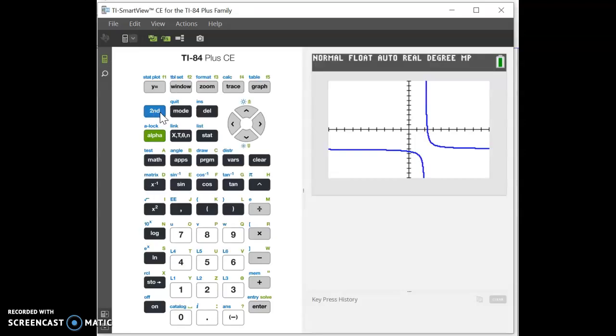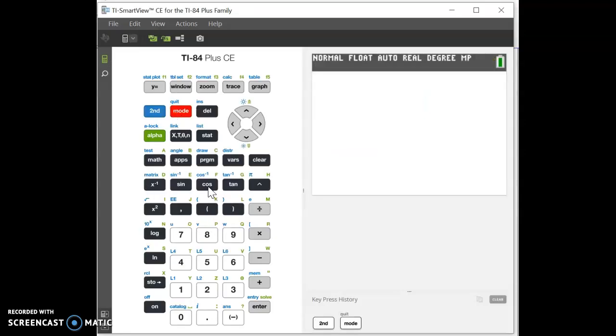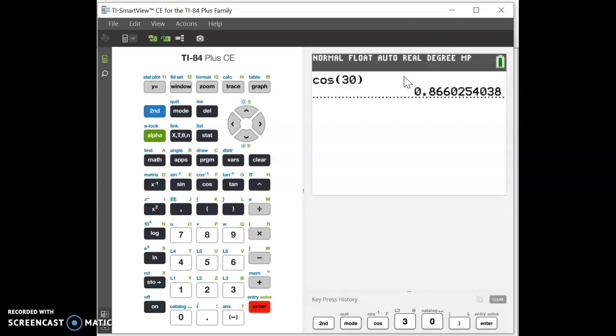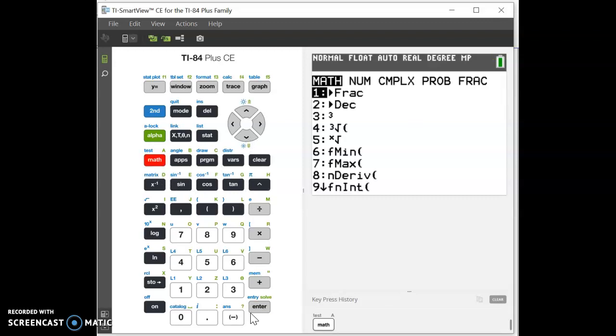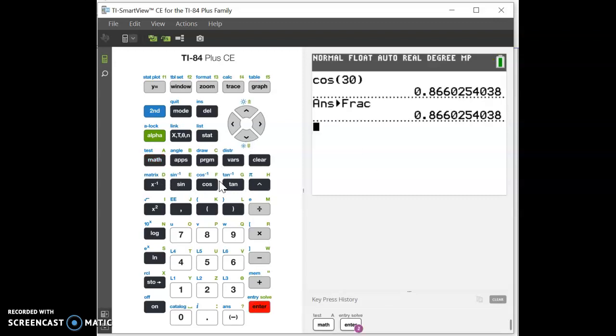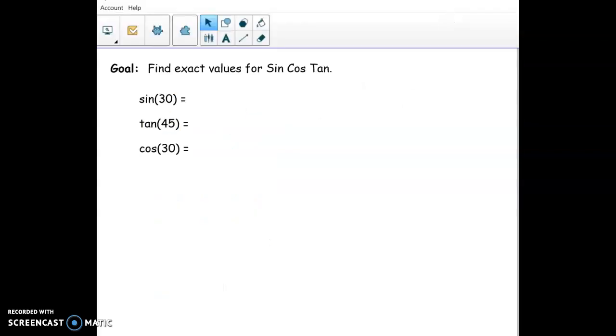So like if I do, for example, cos of 30, okay, I'll get this decimal, right? So I have the cosine for the 30 angle, but that's not considered exact, right? We want to write it as like an expression or a fraction, not some crazy thing like this. And I think actually if we try to turn that into a fraction, it looks like it doesn't work. So we're going to find a better way to find exact angles. You can use your calculator to check on this lesson, but we want to be able to find them